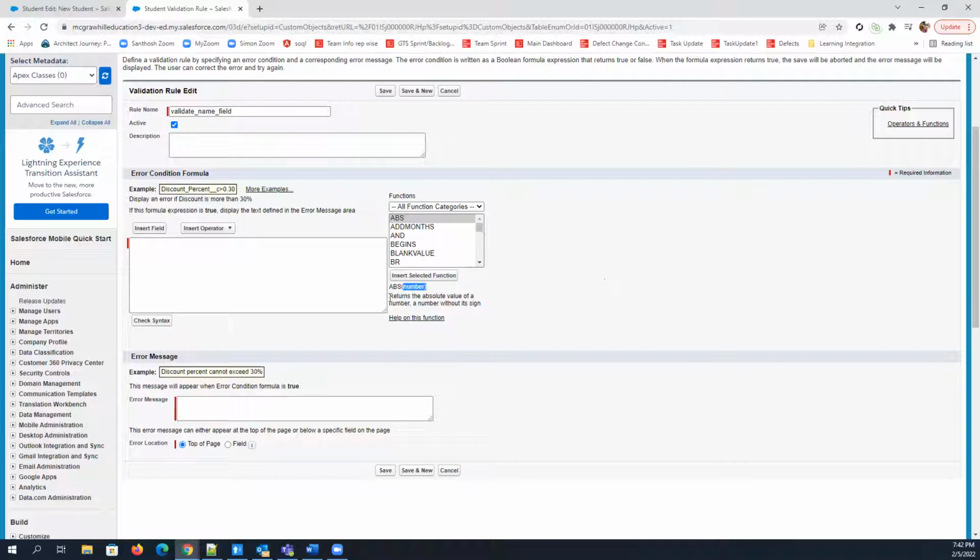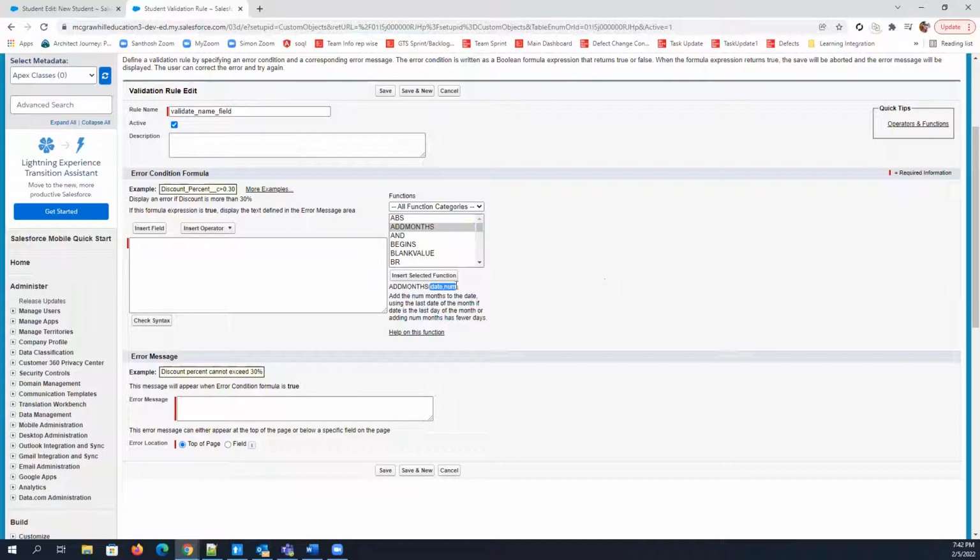And here you will see it returns the absolute value of a number without its sign, right? Similarly, ADDMONTHS. If you want to add a month to a particular date, then you can simply use this ADDMONTHS and it will return the new date by adding the number of months that you want, right?